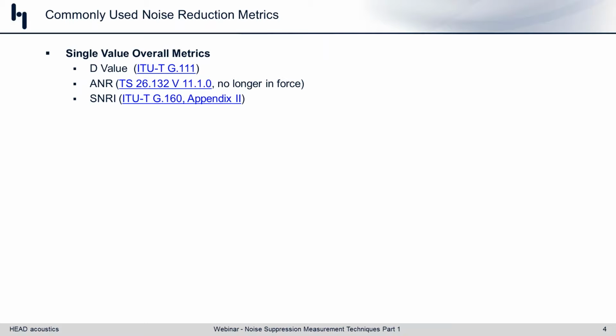The D-value comes to us from ITU-T G.111 and was a first approach at characterizing noise rejection as opposed to noise reduction. And I'll go into that in a little bit. But it's been around for quite a long time, and we'll talk about it today. ANR, similar thing, it's a single value metric, very closely resembles the D-value calculation and measurement. And ANR stands for the ambient noise rejection,